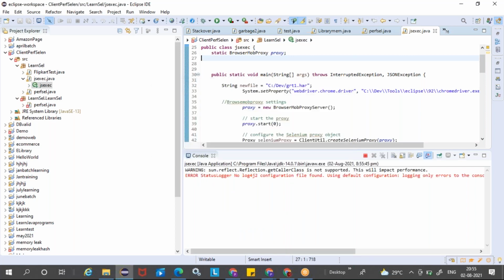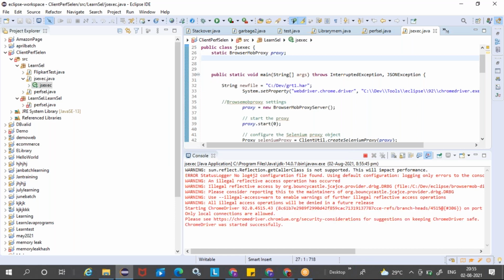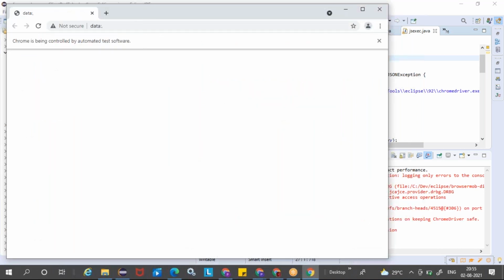So I'm just running this, and I should get a HAR file for whatever site is running. First, it is launching the jewel shop, and then it will launch the Amazon site. Once it is launched, it will gather the HAR file in the background.